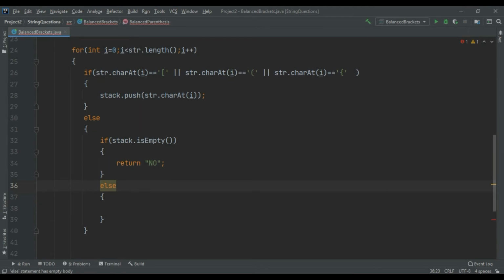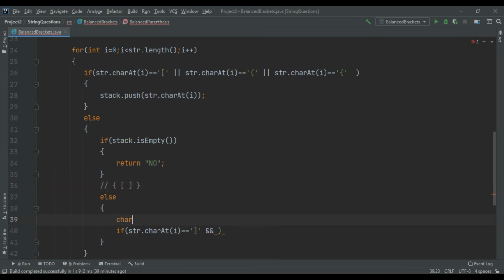So now it would check that if str dot character at I is, say, this, no, not this, it is this, because in our bracket we are now at this point, so our character at I should be at this point, and we also have to do something, because in our stack we now have these two elements.